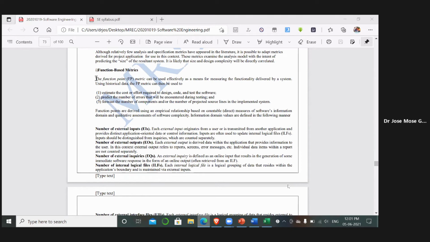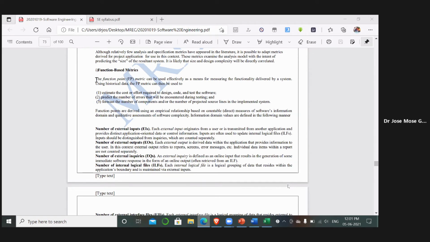Now, when it comes to function point metrics, this will be a boring concept, and of course it involves mathematics. So all of you try to remember it. I don't think a question will come in your examination to solve the problem, but if any problem is asked, only this problem will be asked in software engineering. If it is asked as a theoretical question, then it is fine, you can write anything.